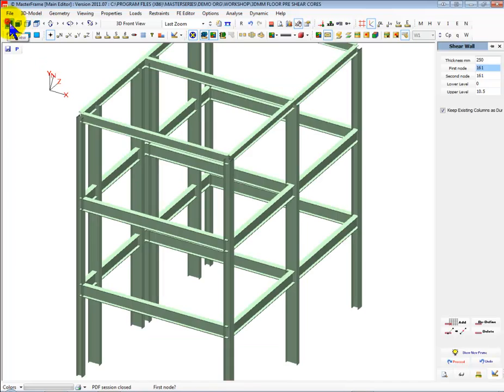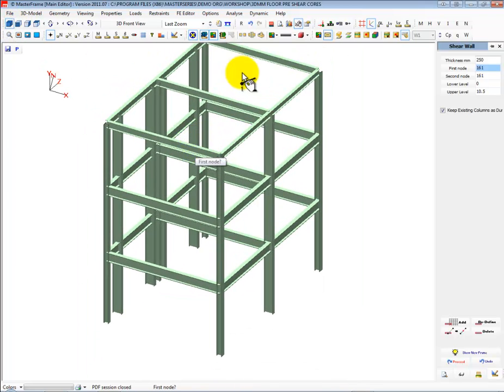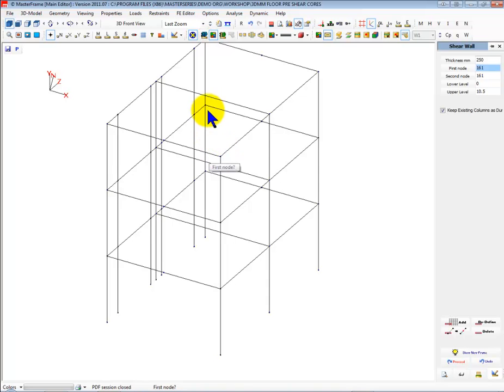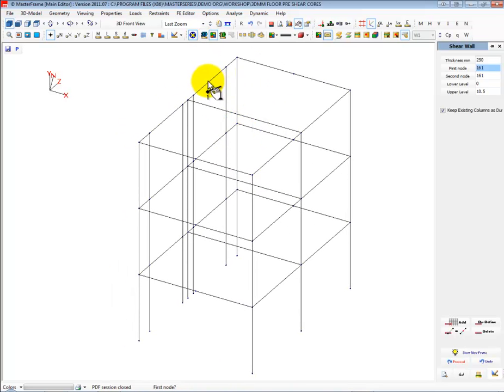Right. So here we go. And what I've done, and we'll just go back to wireframe, is I have created a column at each end of each surface. And that is how I would always recommend you do shear cores. You create the columns at all the distinct points. So we're going to have a U-shaped or a double U with an opening and a return at each face. So let's start. Thickness 250 sounds good. First node, second node,